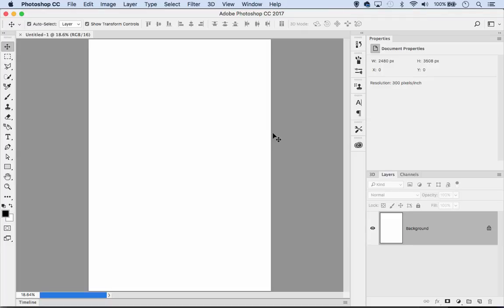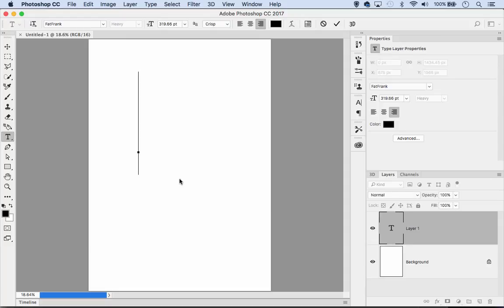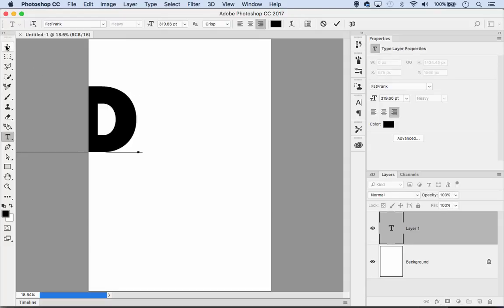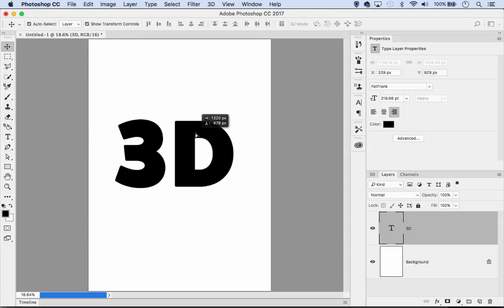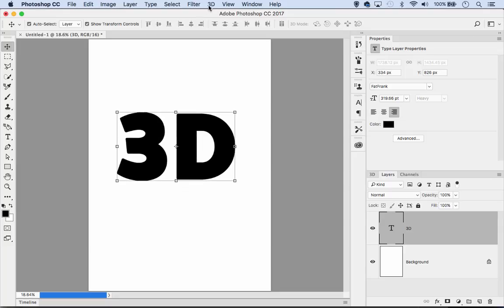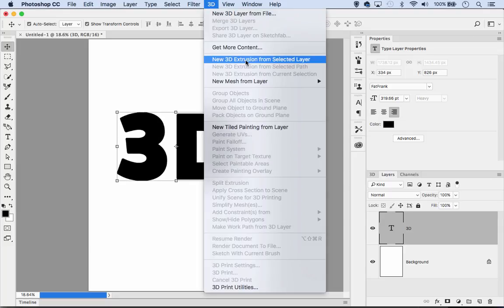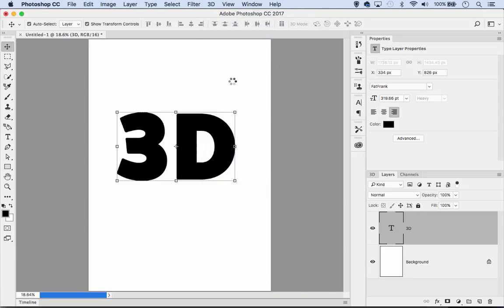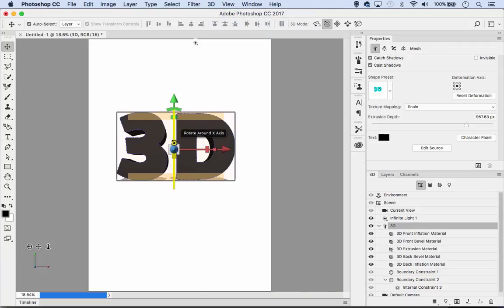Let's take a quick look at a few features of working with 3D text in Photoshop. Now, we start off by making our text using the horizontal type tool. So I'm just going to type 3D here, and then I can grab the move tool, move it into position, and then we can just go to 3D, new 3D extrusion from a selected layer to go from 2D to